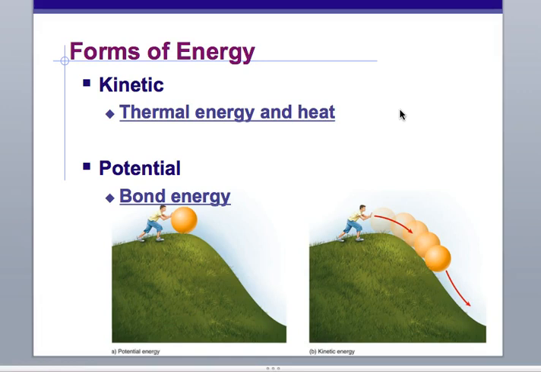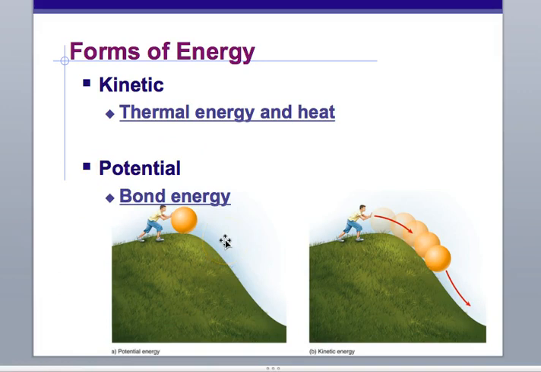So when you're digesting a lot of food, you get kind of sleepy because a lot of your blood's moving to your digestive system, and everything's getting really hot in your digestive system because you're just breaking down all these bonds. And when you break down bonds, you're releasing energy. When you form bonds, you're storing that energy for later. And so a form of potential energy in chemistry or in physiology is chemical bond energy.